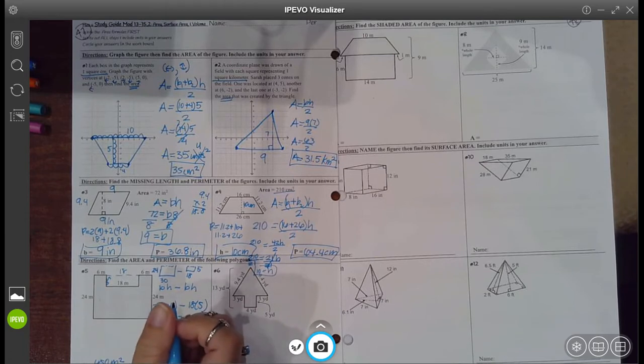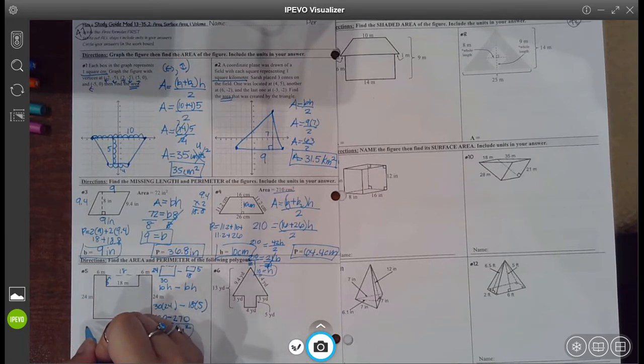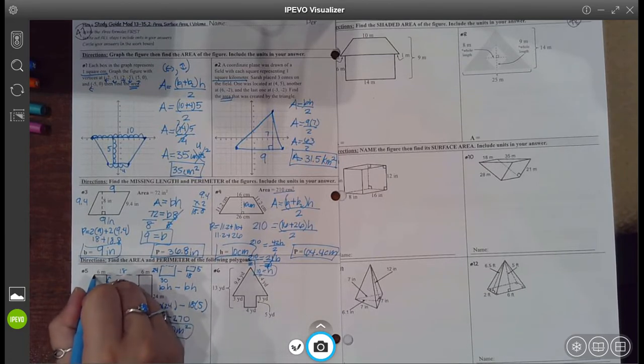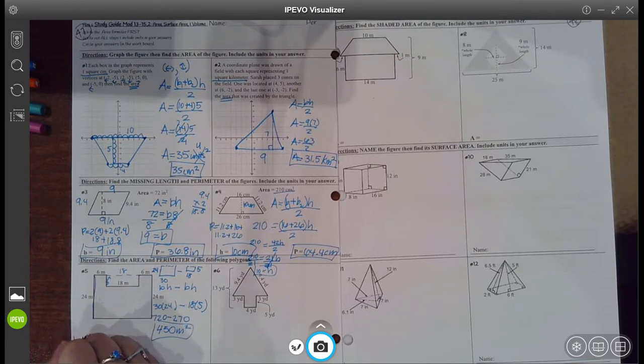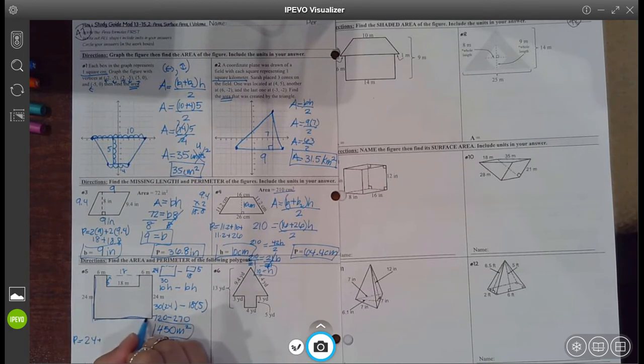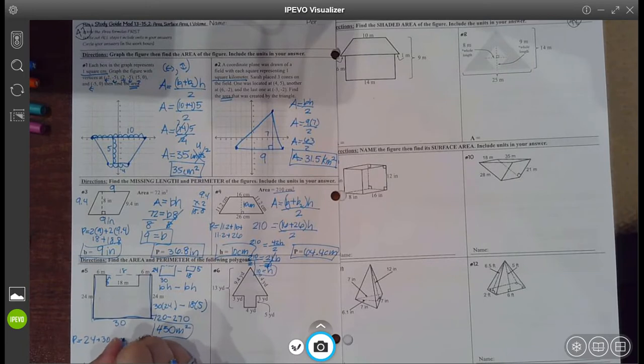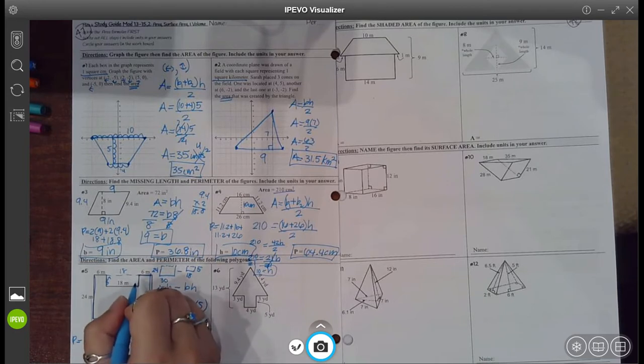Now to find the perimeter, you add along the outside. I find it helpful to trace it as I write it so I don't forget anything. So I have this side of 24 plus this guy, which we already established, 6, 18, and 6 make 30, plus this one, which is 24, plus this guy is 6, plus this,